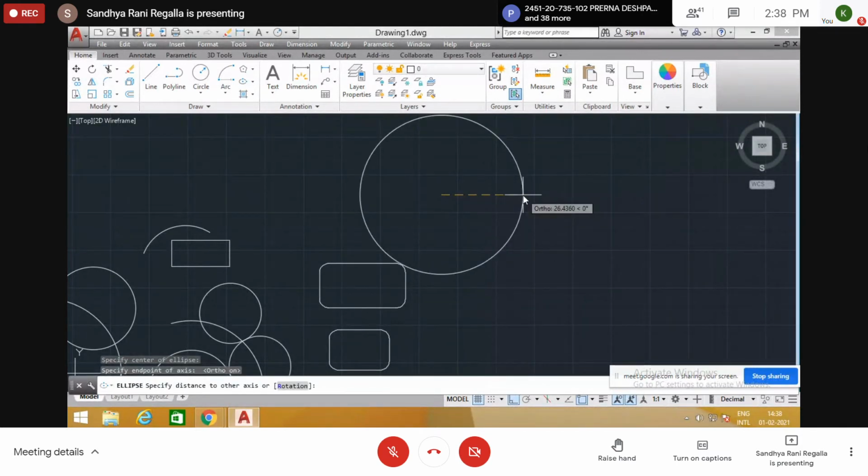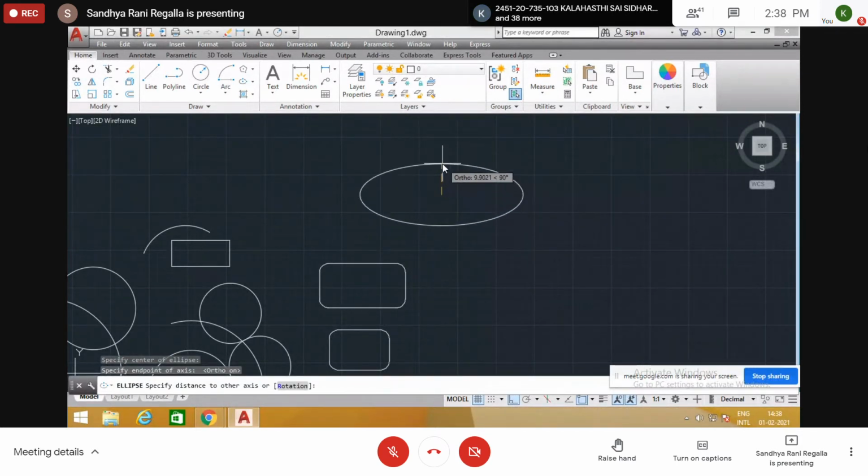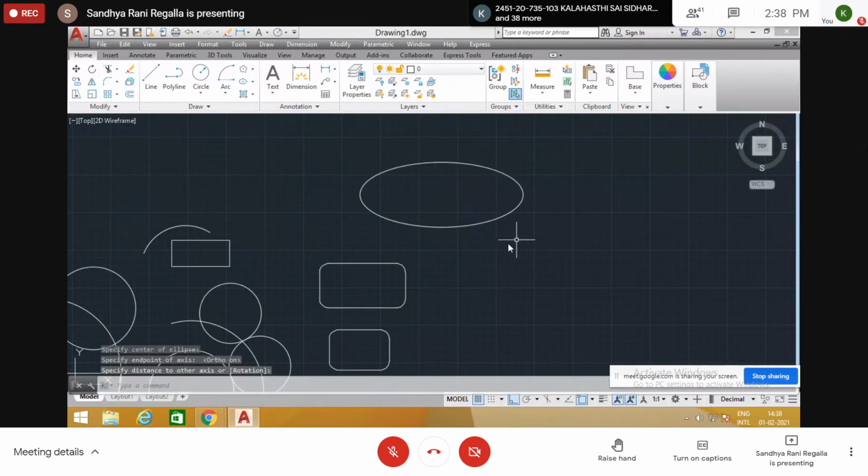One end point, the major axis end point. If I specify the minor axis end point also, the ellipse is displayed here. Center of ellipse, end point of one axis, end point of other axis. So I click center here, end point here, this is the major axis end point. Again I click somewhere here, the minor axis end point.